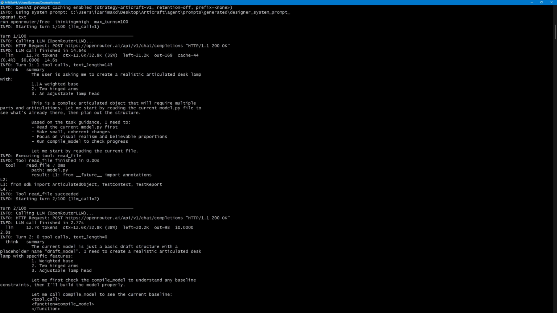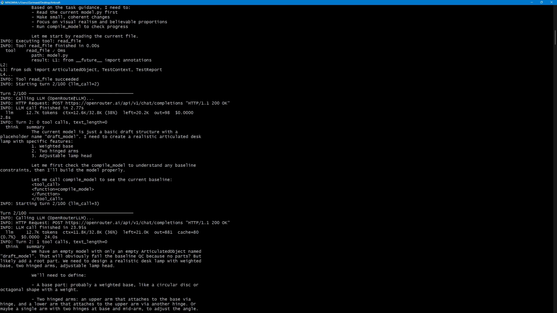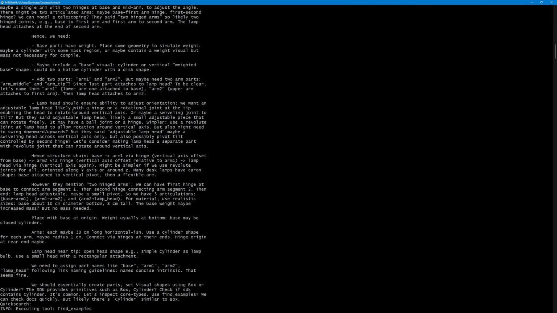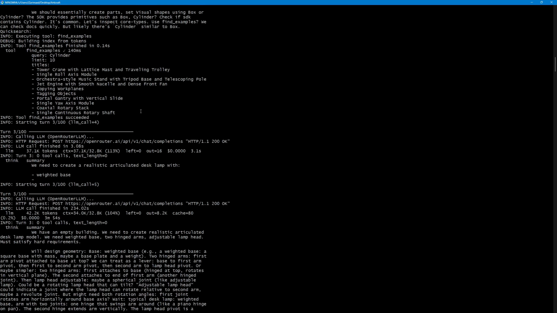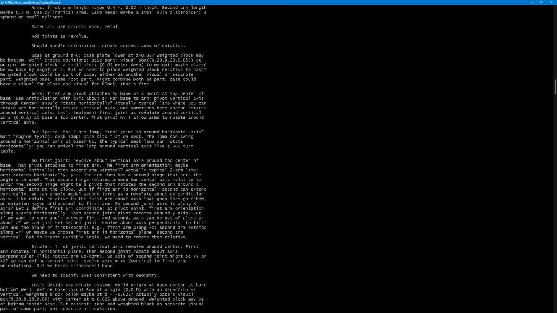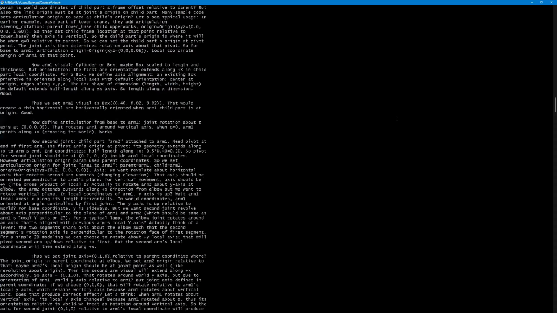So this is the summary. We want a weighted base, two hinge arms, and an adjustable lamp head. And then it's going to start the thinking process. So this is the whole thinking process, how the lamp head should be, how it should have the ability to adjust orientation and all. And after doing repetitions and iterations over the same design almost 100 times,